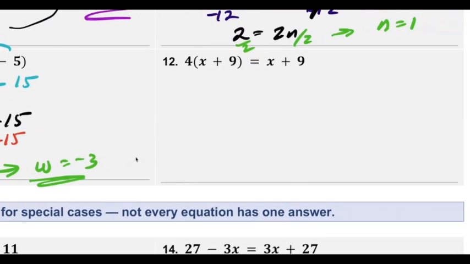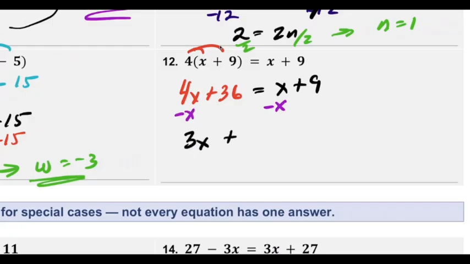Over here, let's do this one. Again, first thing before you do anything else, distribute. So distribute that forward both. So I get 4x plus 36 equals x plus 9. Again, get rid of the smaller variable. So I get rid of this x here. I get 3x plus 36